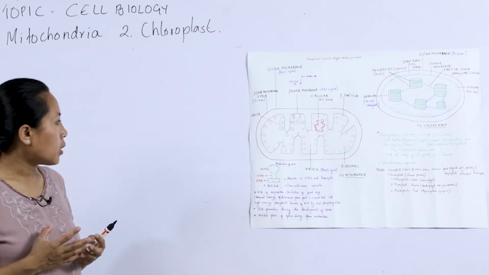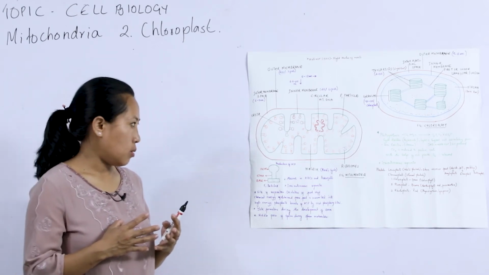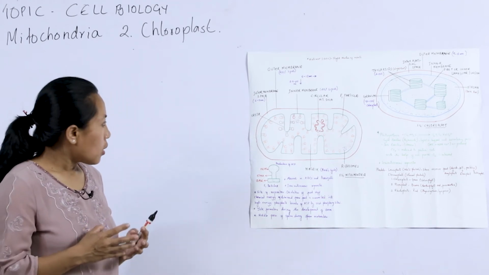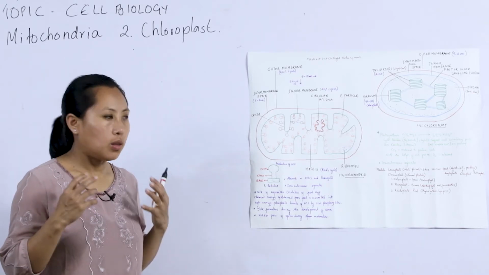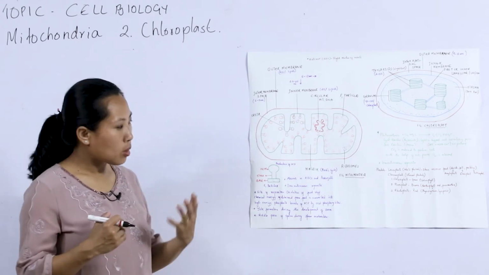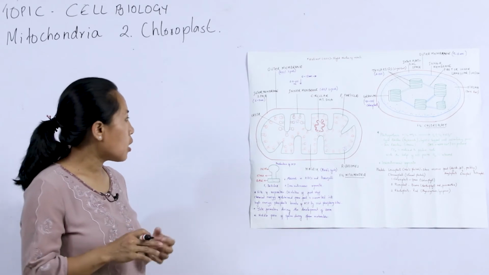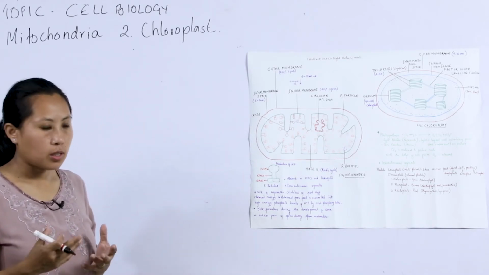The inner membrane encloses a liquid or gel-like substance known as the matrix. The inner membrane runs parallel to the outer membrane, and at regions it shows invaginations, inward foldings towards the matrix. These foldings of the inner membrane are known as crista; singular is crista and plural is cristae.